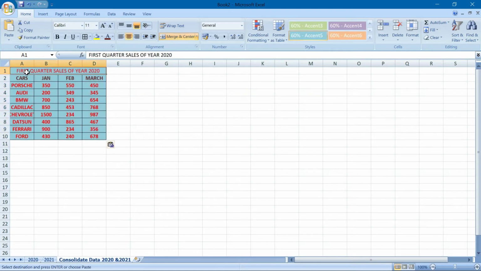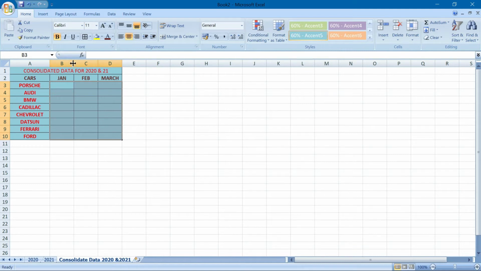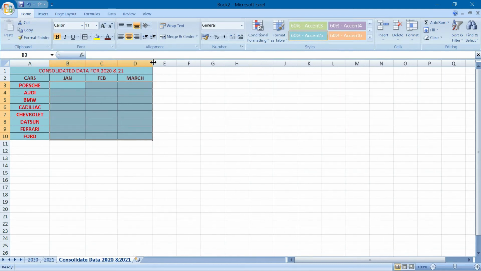So we have changed this to consolidated data for 2020 and 21. This one we will remove from here, and if you want, you can increase this a little bit. So it will be shown like this. All the data has come over here.